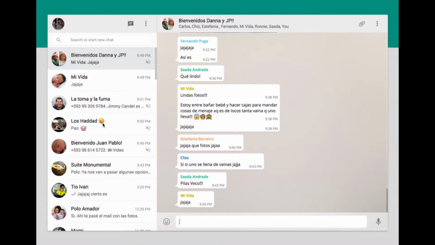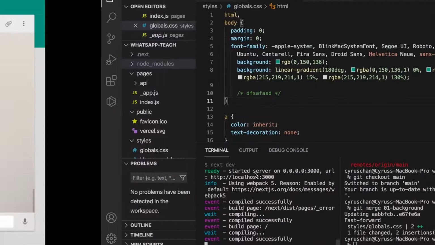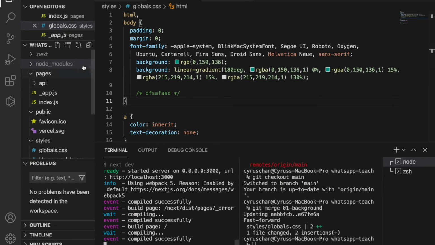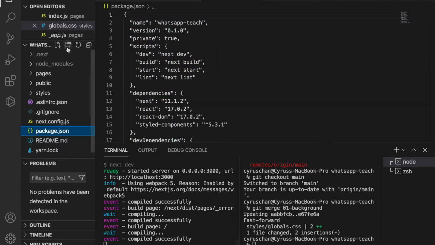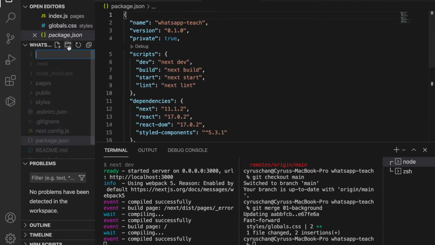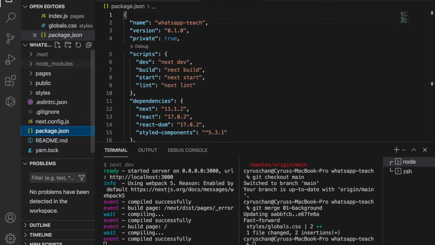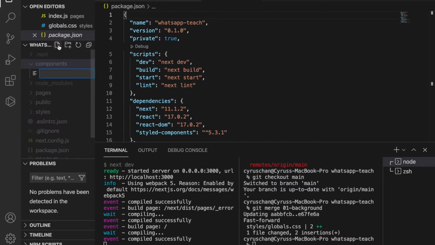Now after we already added the background, we are going to create the layout that all the pages have, with this sidebar, and we will create this box to hold the chat app. So now we go to our project, and inside this we create a new folder called components. Then inside this we create a layout.js,